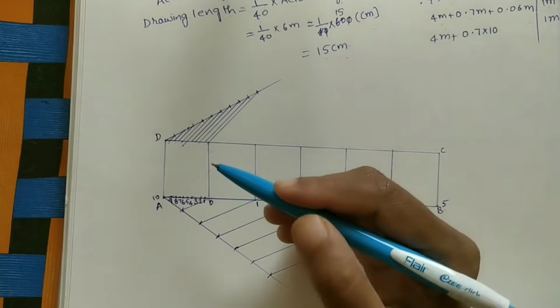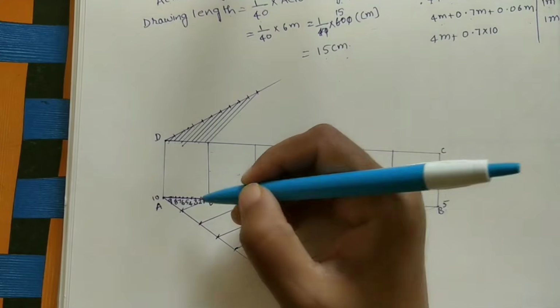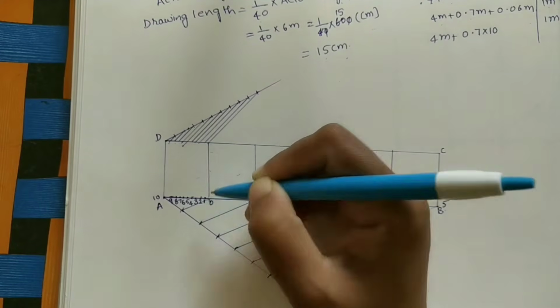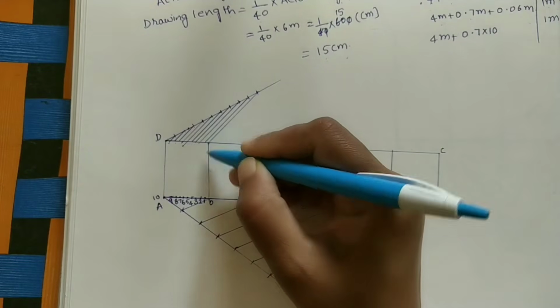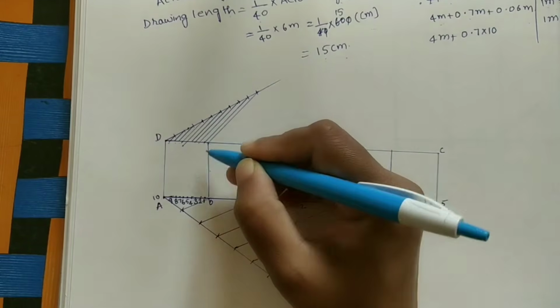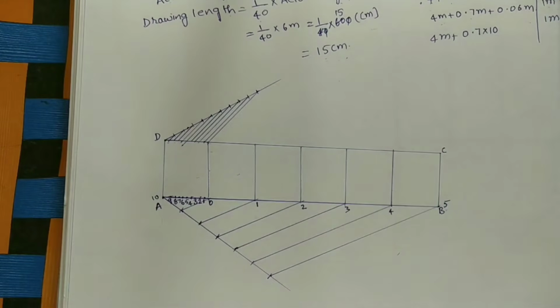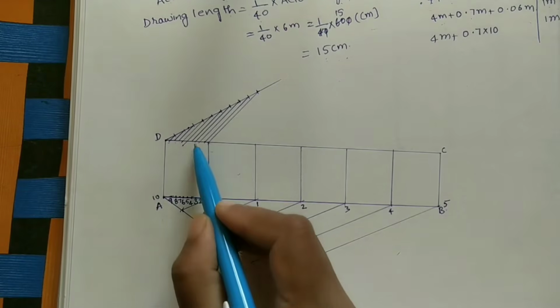Here we have to do the diagonal lines because this is a diagonal scale. So how to do the diagonal scale? Here from 0 to not 0, the vertical line is coming here. 0 to 0 means initial points. Join 0 to the first point 1, and we will get the diagonal instead of a parallel line. So we need to do the diagonal lines. Join 0 to 1 here, from 1 to 2, like that.